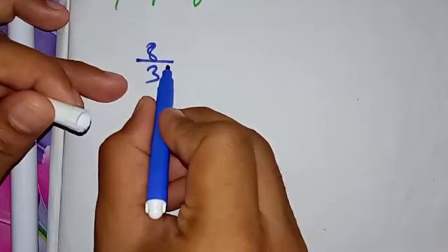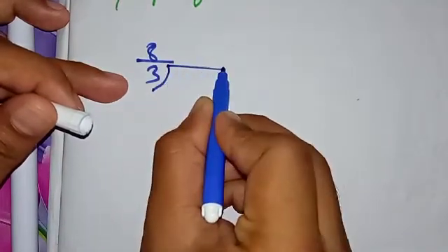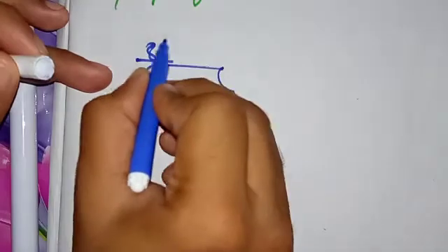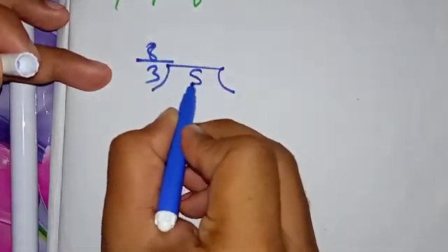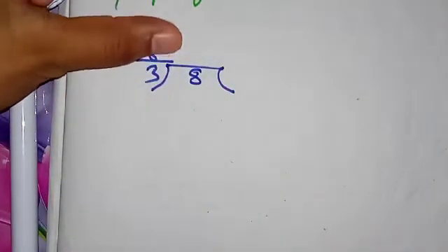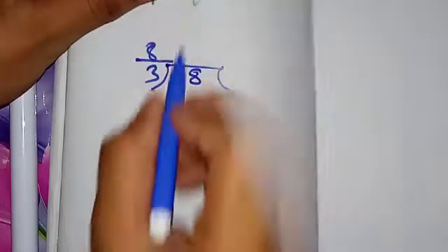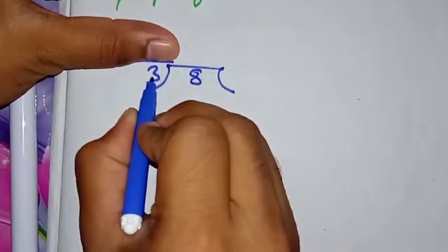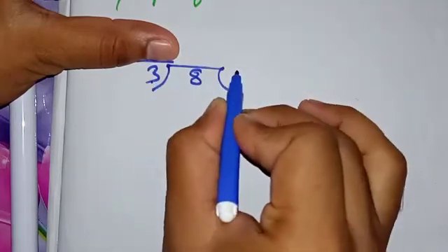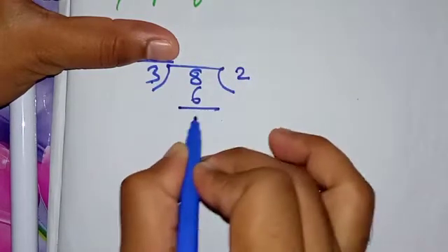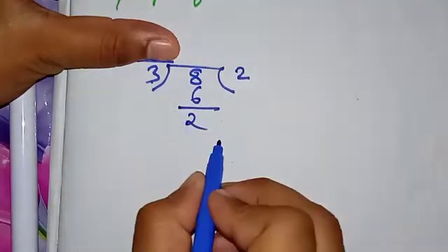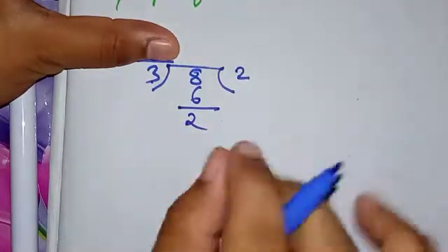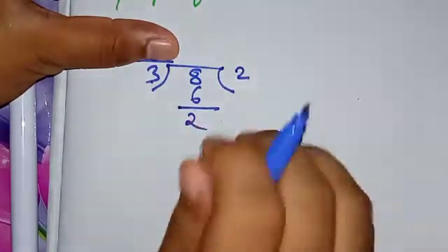Very simple. What we are going to do is place a division bracket like this. Now we will pull this 8 inside the bracket and hide this one. No need of this one now. Now start dividing it until you get a remainder. So 3 2s is 6. Now we got a remainder. We can't divide it further. Now stop there. The step where you get the remainder, stop there only.